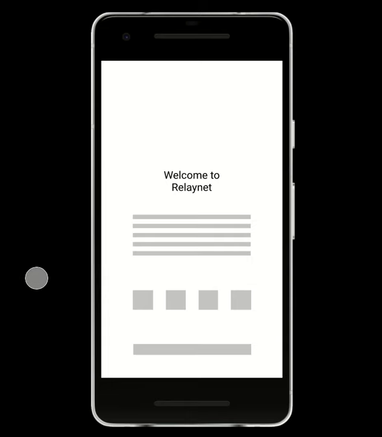So assuming that you just install the app and you have access to the internet, the first thing that you will see is that there will be a screen welcoming you to Relaynet and giving you a very brief summary of what it's about from the point of view of the user. So when you close that,